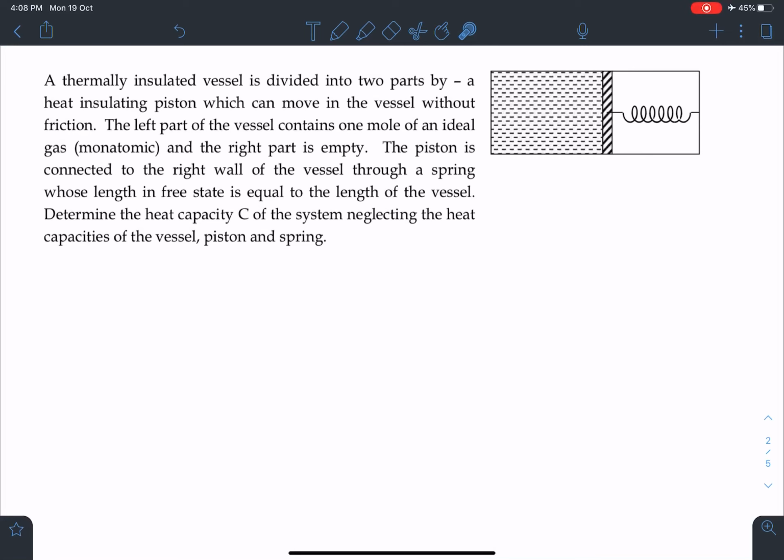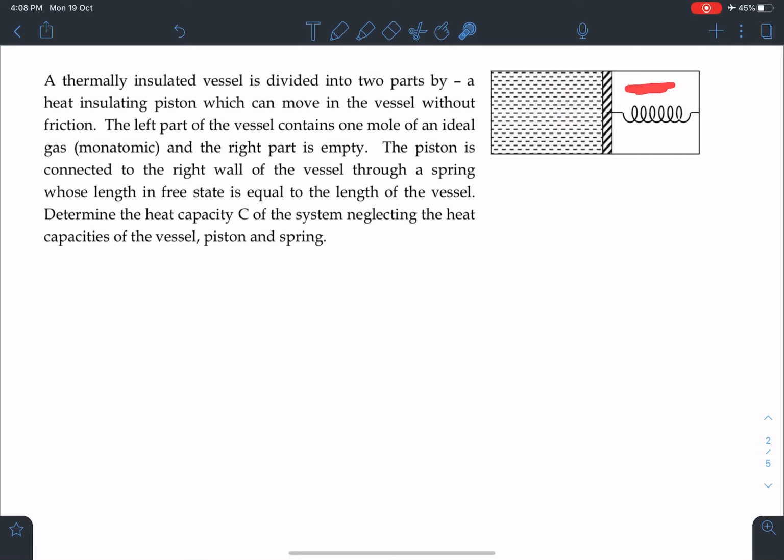This is Nitin here, and today I have come up with a very interesting problem of Krotov. So here is the statement of this problem. A thermally insulated vessel is divided into two parts by a heat insulating piston which can move in the vessel without friction. The left part of the vessel contains 1 mole of an ideal monatomic gas, and the right part is empty,